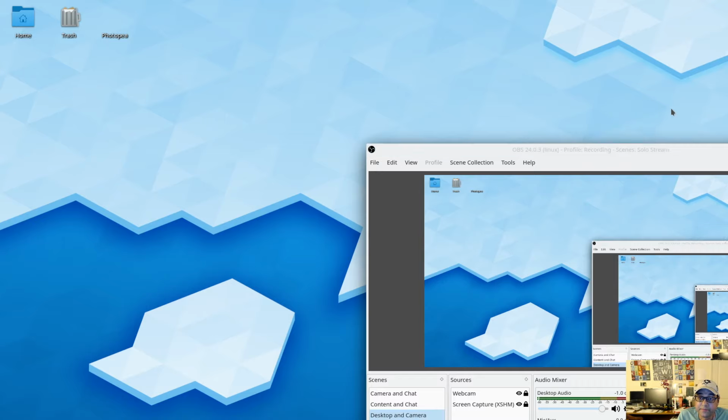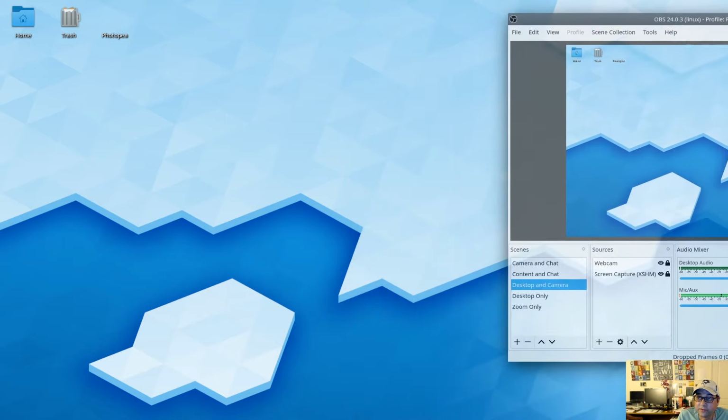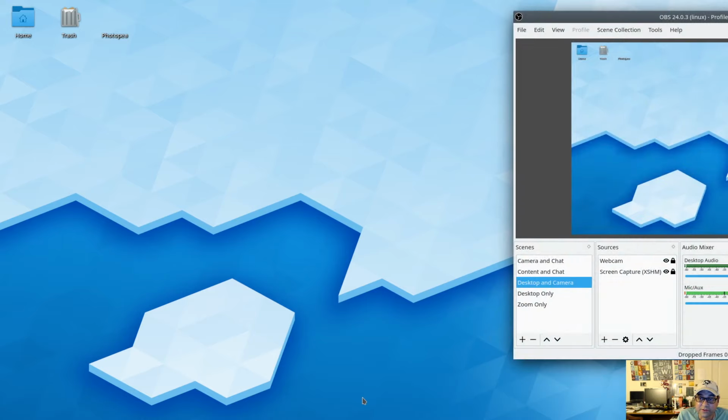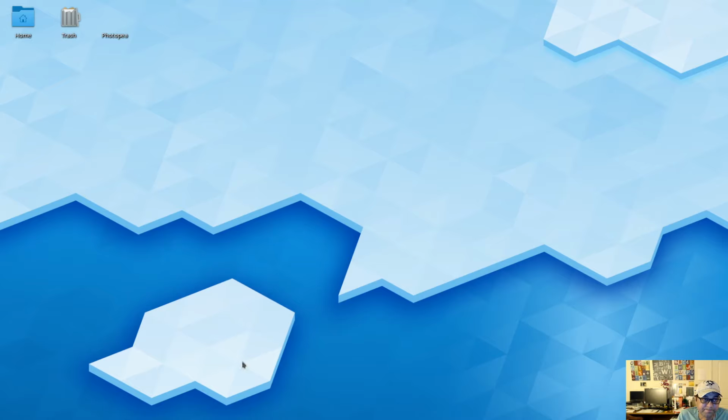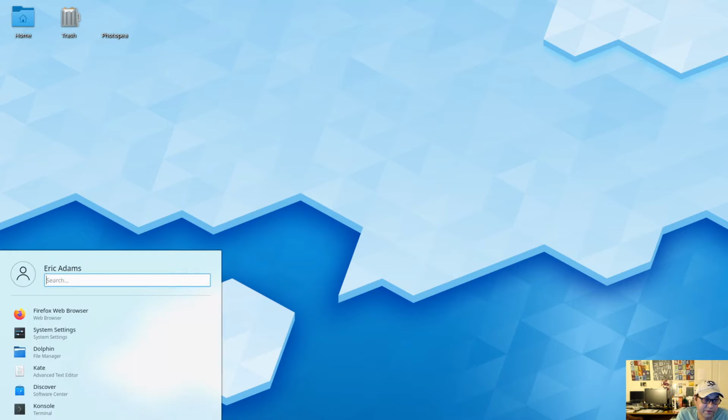Otherwise, it's a little confusing or off-putting to try to use something you're so used to being a certain way. I'm used to Kubuntu mainly, and so a couple things I don't love about the default layout here